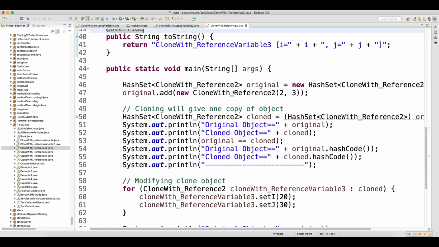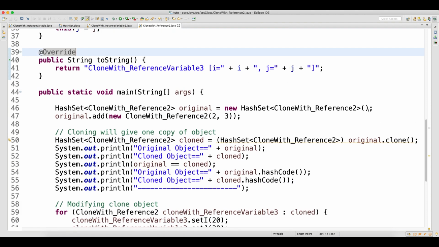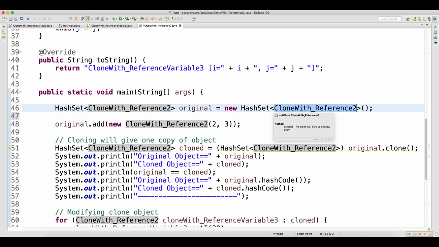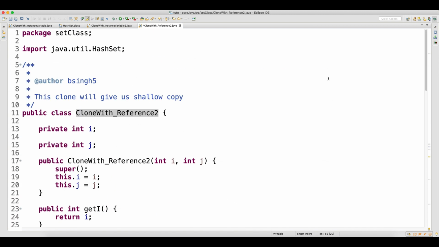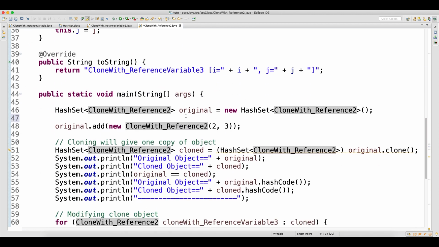Now focus here, this is a very important exercise that we need to understand. Look at this hash set. I am creating a hash set, and in the angle brackets I am now storing an object type. So this is not an instance variable now; this is a reference variable, because you are storing the object.